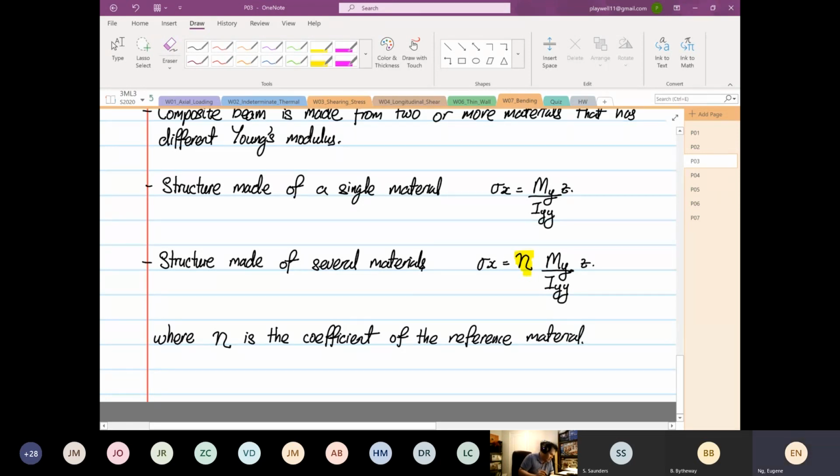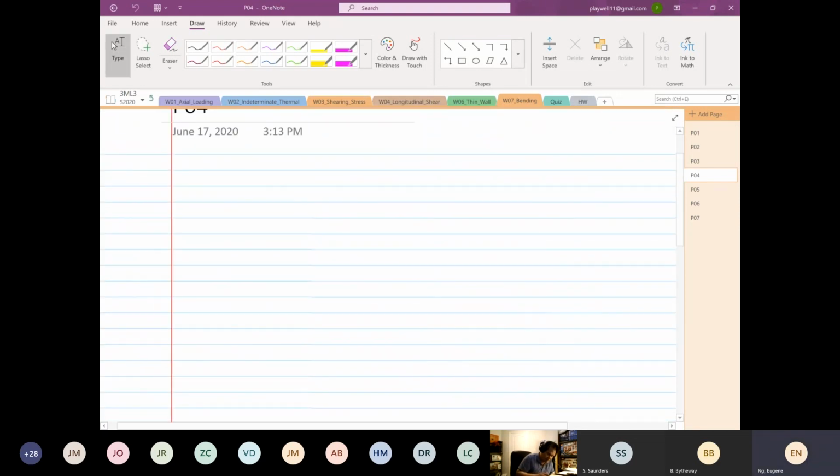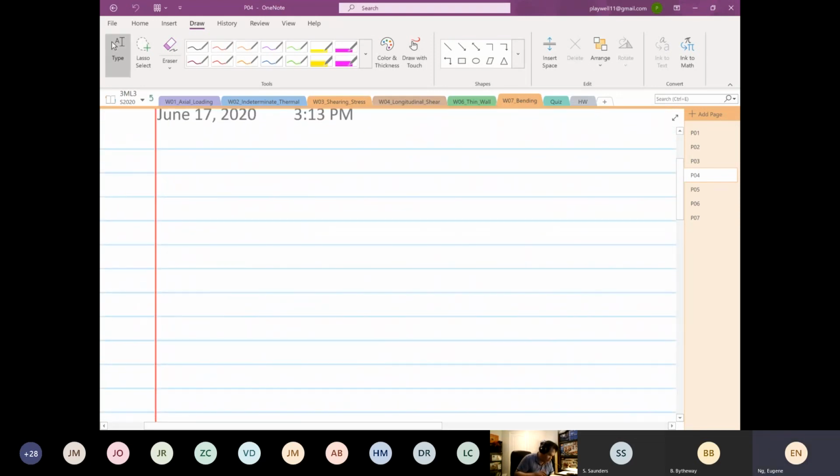So what do I mean by that? Okay, what do I mean by that? Okay, so if we have a cross section, okay, so we have a material. Okay, so this is our material over here. So our material has 3 sections. So the top